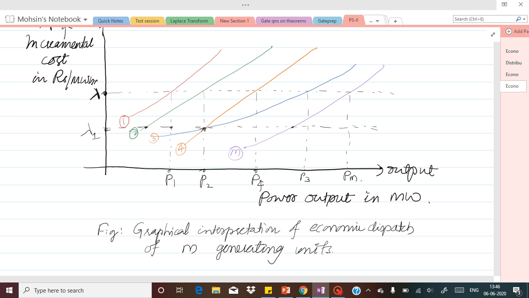Also, we can observe from this graphical representation that different curves have different shapes. So the incremental costs are usually non-linear functions of the output. These are completely non-linear functions of the output. Conversion of these non-linear functions into linear functions is possible without a loss of much accuracy, and the operating schedule can then be had analytically.